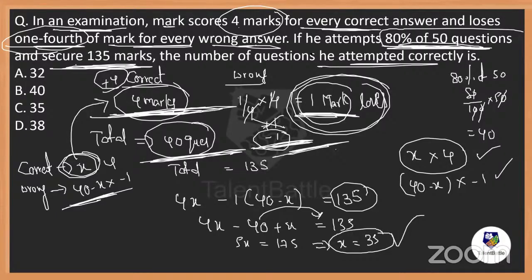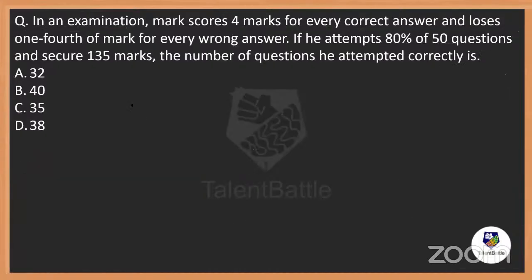Okay, so let's see a small trick. There is a small trick we can perform for this kind of questions. If they ask you how many questions are correct and how many are wrong, or how many questions there are, instead of doing this much procedure, we can just perform a small trick. By using the trick, you are always going to get the wrong number of questions.